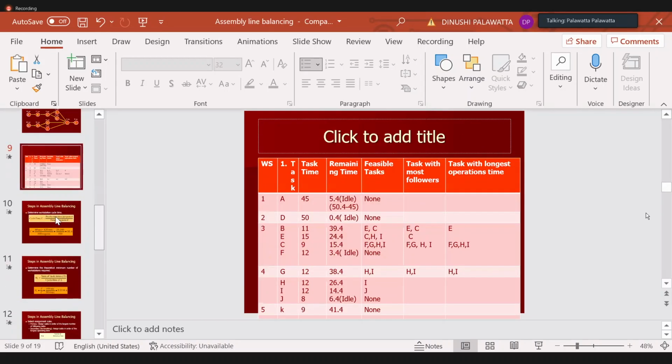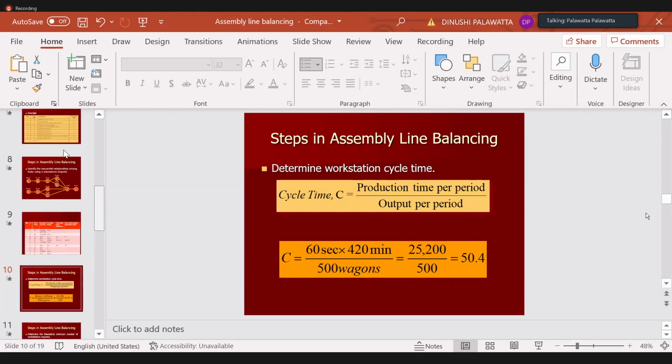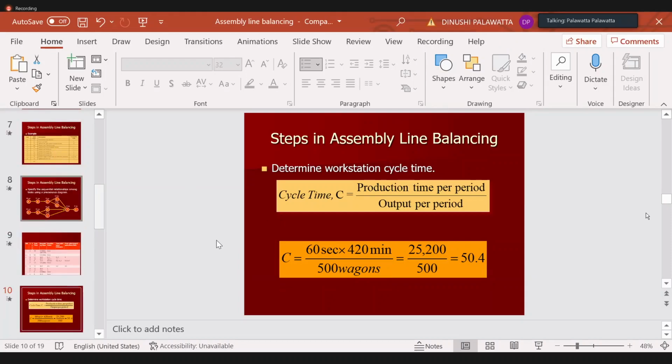In this example, we have output of 500 wagons, and available time is 420 minutes per working day. But now you have not been given the output, and you have only been given this one, and you are asked to balance the line for